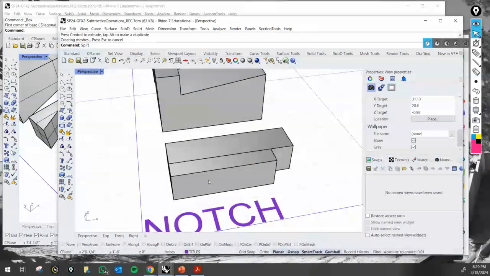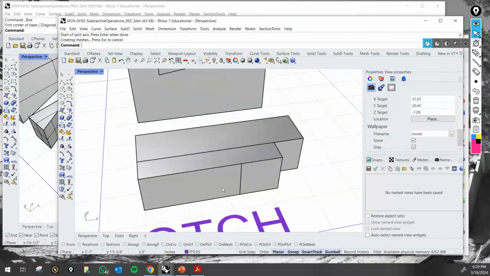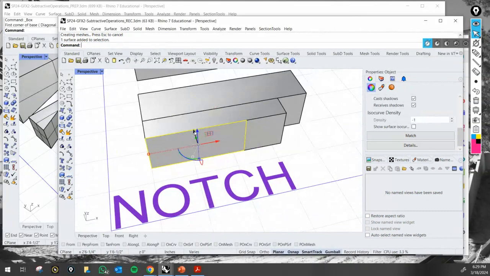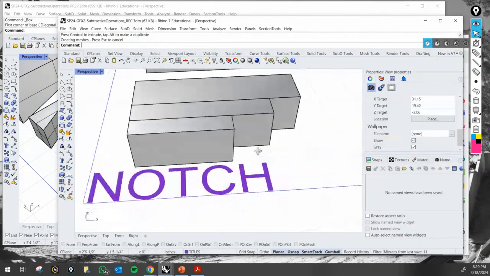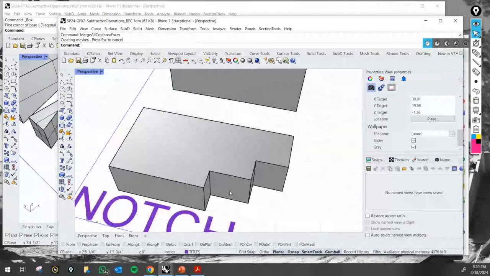And then I can do another split face. Now on this face right here, enter, snap to that end and end, enter. Control Shift, select that face. Place my cursor on top of that green arrow. Click, hold Control, move out. Select object, merge all coplanar faces. And now notice